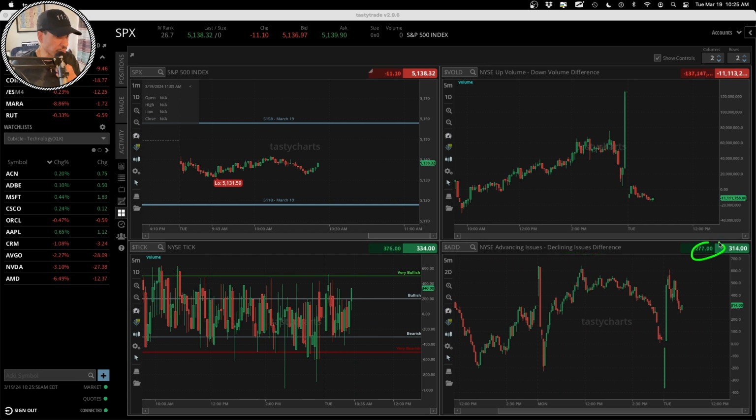It's actually positive right now. But nonetheless, if we look at the XLK sector, which is the technology sector, which is the largest sector of the S&P 500 and has the most influence on how the SPX moves,